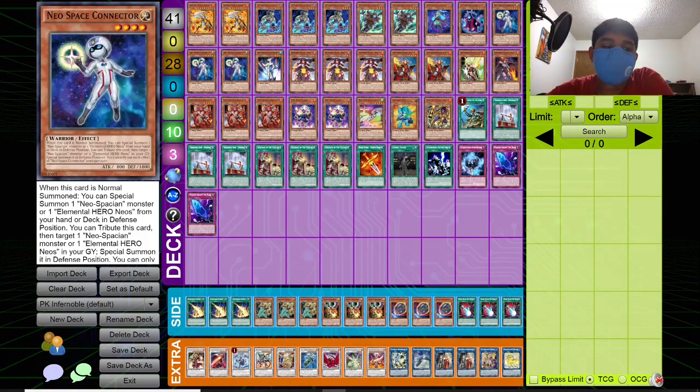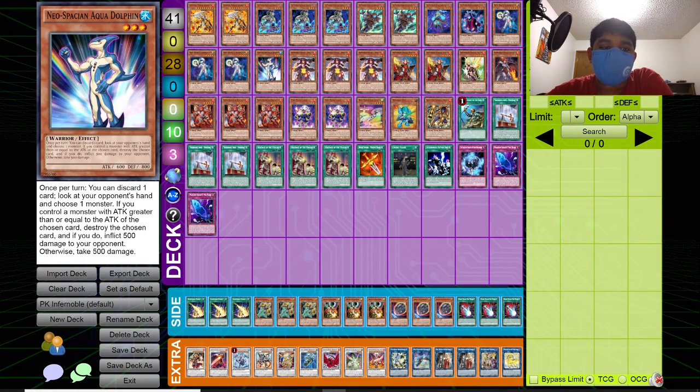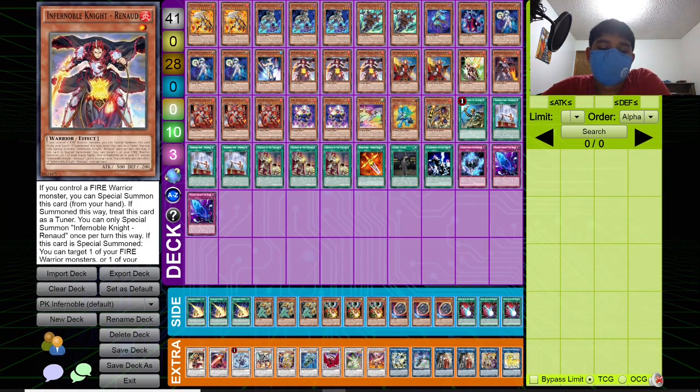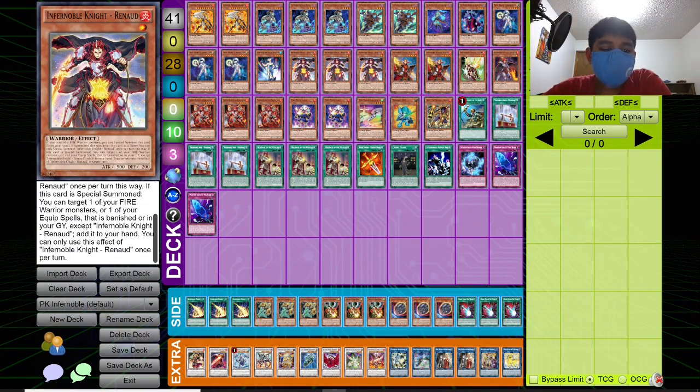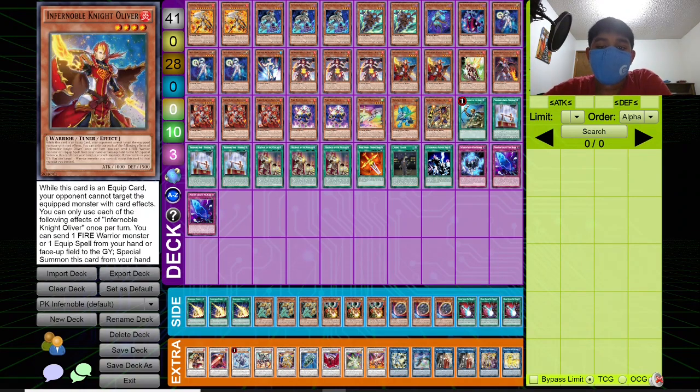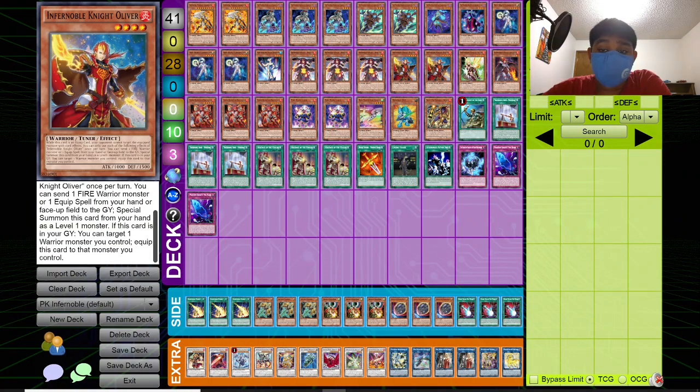I played 3 copies of Space Connector, 1 copy of Aqua Dolphin. This card is also 1 card Izolde. I played 3 copies of Renaud. This card's an insane extender on top of the fact that it can renew your equip spells, which is really good. I played 2 copies of Oliver, so I'm thinking about bumping this up to 3 because of how good it is,